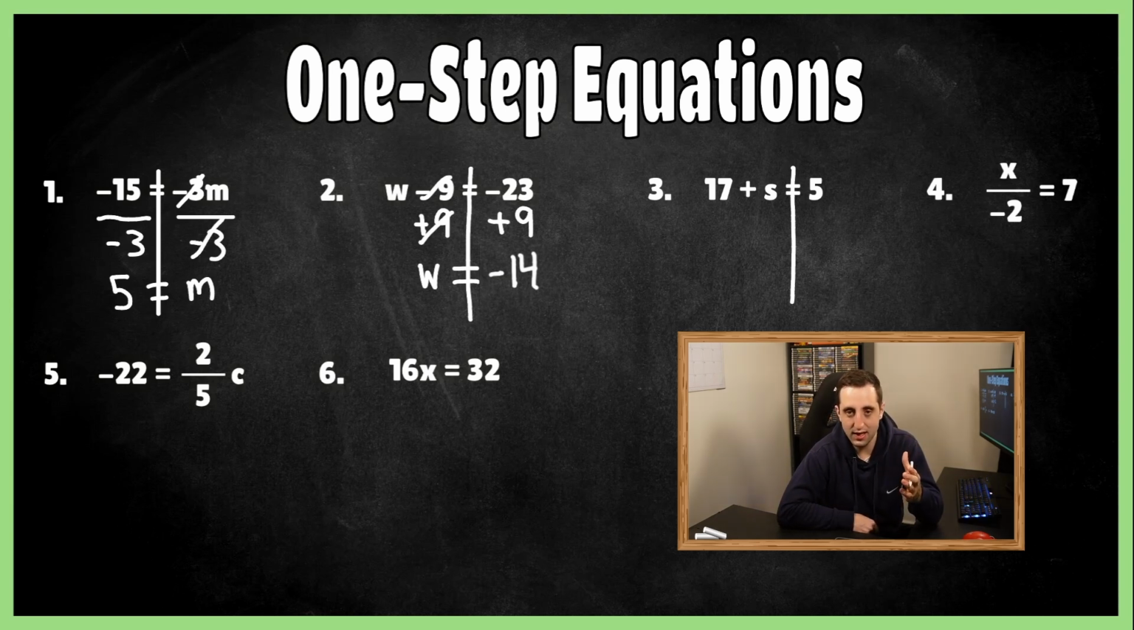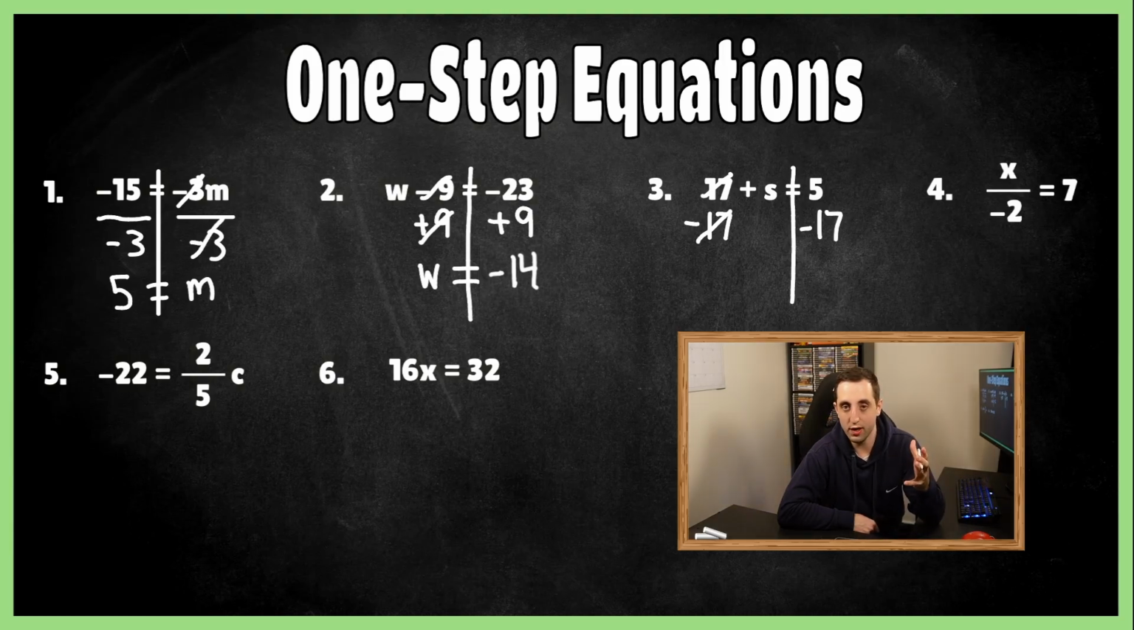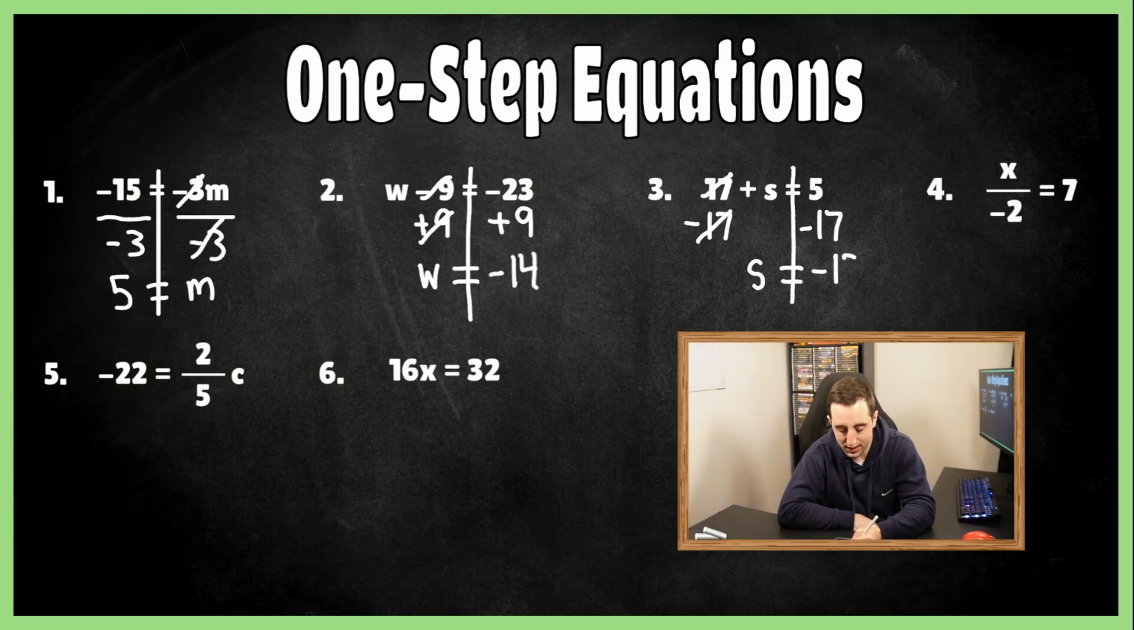I do see a 17. Well, how do I get rid of that 17? We are going to subtract 17 on both sides. So 17 minus 17, those are going to cancel, and we're left with 0 there. Well, don't write 0 plus s because 0 plus anything is going to be the exact same. So we have s isolated just like we want, equals, and then 5 minus 17 is going to give us